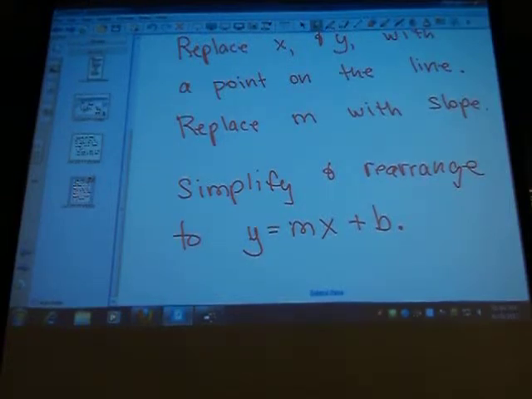Okay, so let's try a practice problem. So let's do a practice problem to turn in. I have some participation